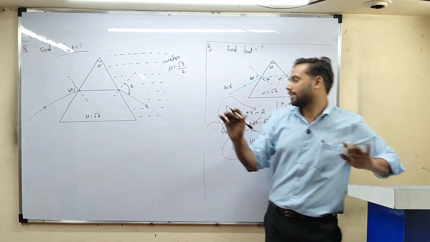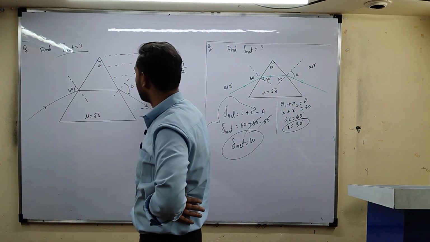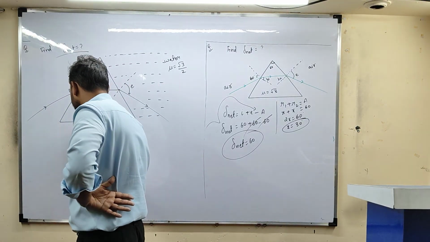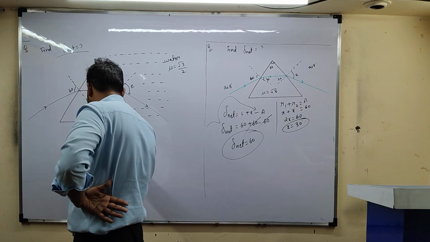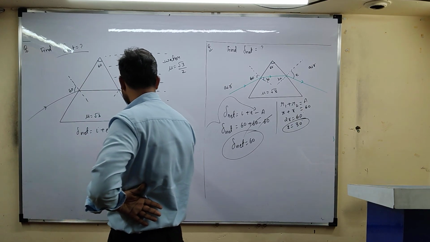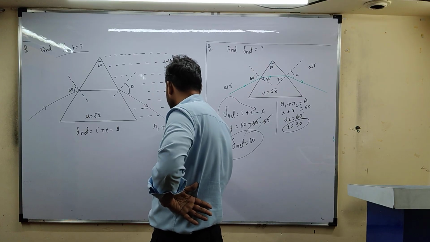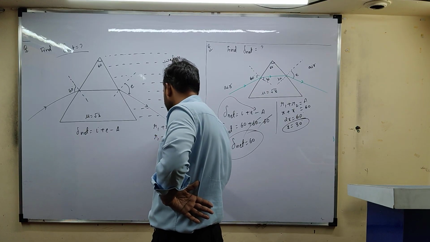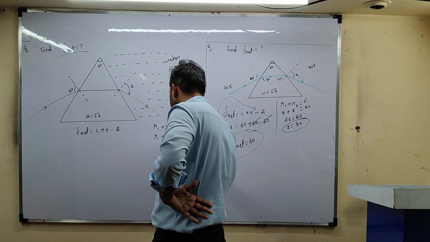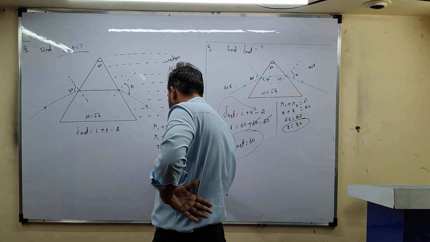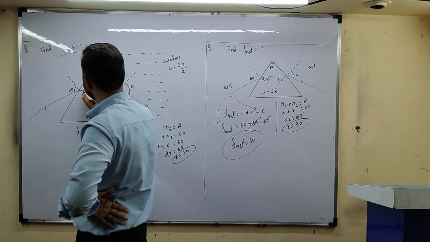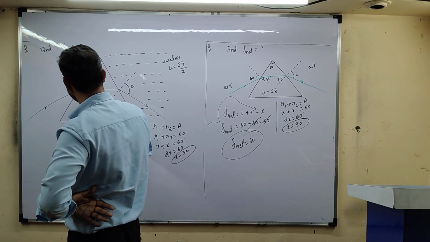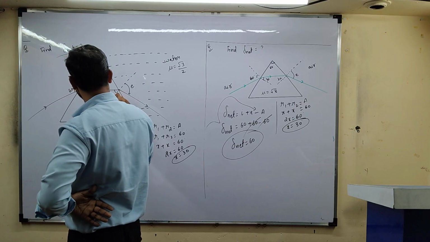दोनों क्वेश्चन सेम है। देखो यहां पर सिंपल सा वही चीज करना है। नेट डिविएशन का फॉर्मूला क्या है? बोलो। आई प्लस ई माइनस ए। अच्छा, मुझे ये भी मालूम है कि R1 प्लस R2 कितना यहां ए के बराबर होता है। R1 प्लस R2 जो दिया है 60 दिया है, इसको अगर x प्लस एक्स में मान के सॉल्व कर दूं तो यहां पर कितना आ जाएगा? 2x इक्वल टू 60, x इक्वल टू 30 डिग्री। मतलब यहां पर R1 कितना है? 30 डिग्री ये भी है, 30 ये भी है, 30 30।